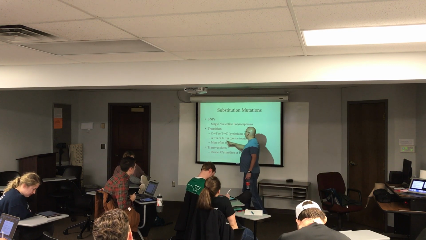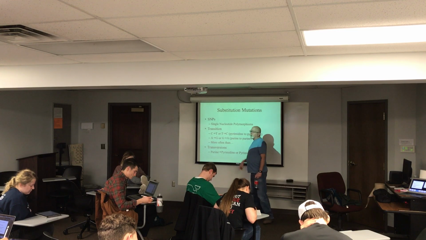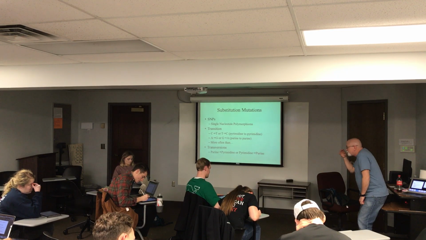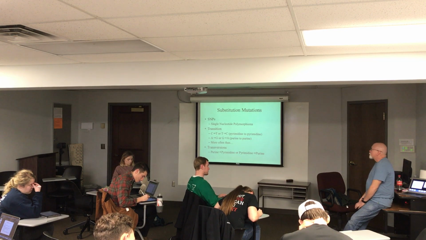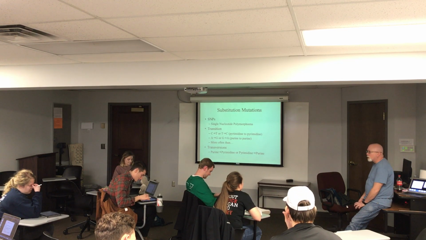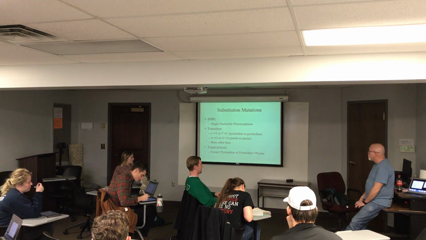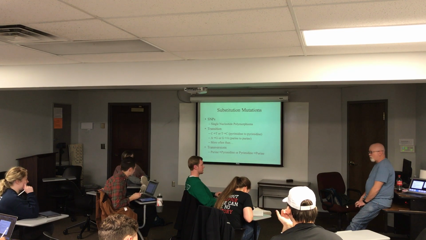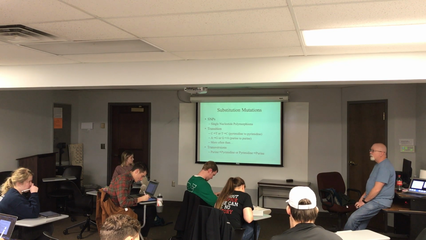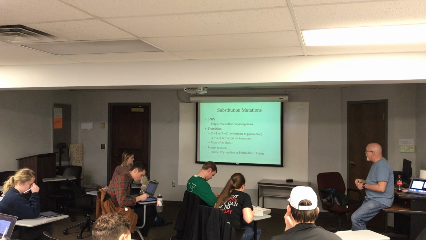Why? Transition is when you substitute a pyrimidine for a pyrimidine, or when you substitute a purine for a purine. Why is that important? What's the difference between the ring structure of a purine and a pyrimidine? Logan, I believe that purines are two ring structures. Yeah, two ring structures. Pyrimidines are single 6-carbon ring structures. Yeah, so pyrimidines have a single 6-carbon ring, purines have a 6-carbon ring bonded to a 5-carbon ring, and so they're bigger in diameter in terms of their total size, and so you typically have